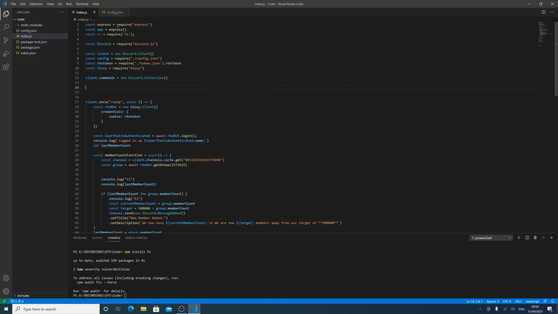Next we need to do what we're going to be using fs for, so const commandFiles equals fs.readdirSync. First of all we need to make a folder for our commands. So in our root directory, make a commands folder, and then we open up brackets, and do quotation marks, then ./commands, and then